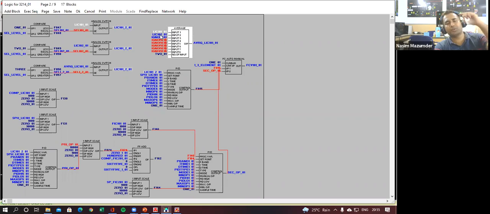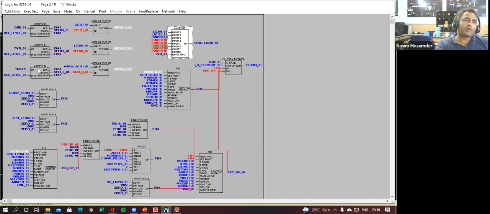Means the transmitter which is connected on the left hand side, the signal from this transmitter I am collecting, and the signal from the right hand side I am collecting, and then I have given the number of inputs too. That means I am taking the average of these two. Now the average signal is used here, and this average will be coming to my output, and this average will be coming to your PID input as your process variable.